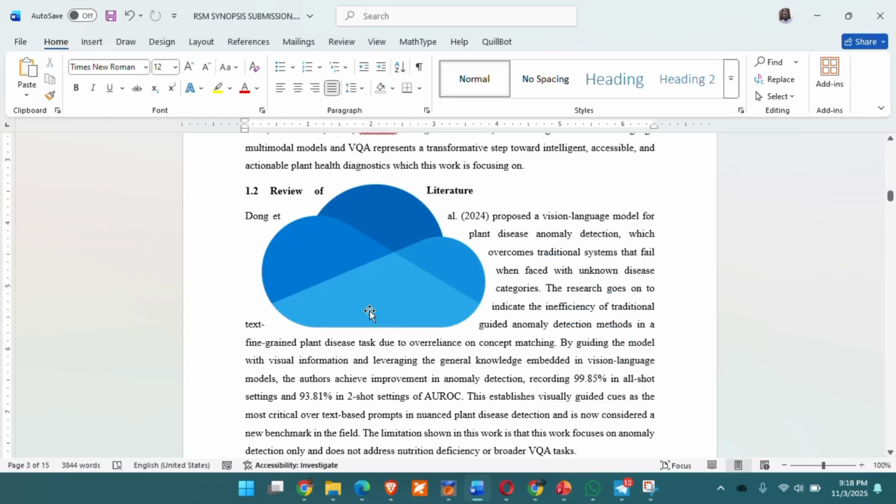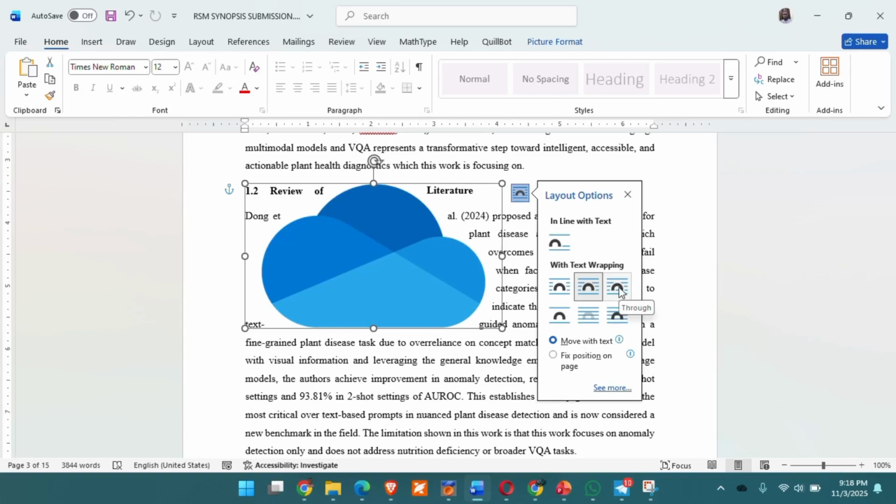The text just finds itself tightened around the image, if that is the form of text wrapping you want. The next one is through. Through means that the image,